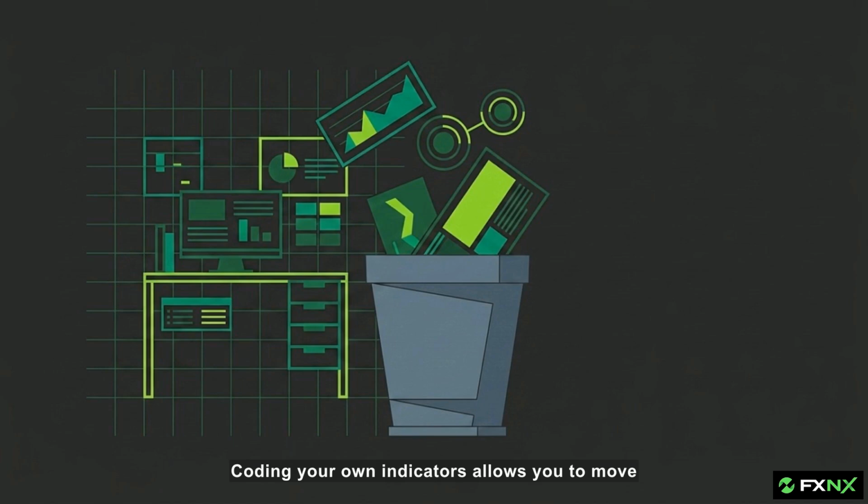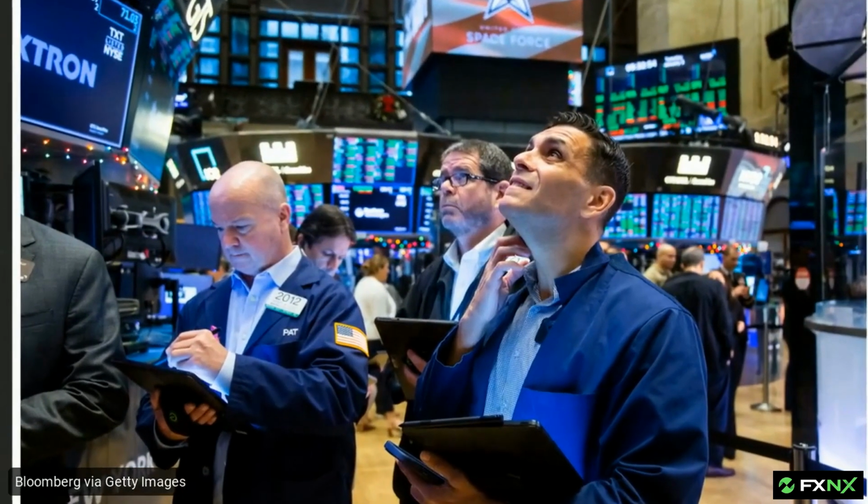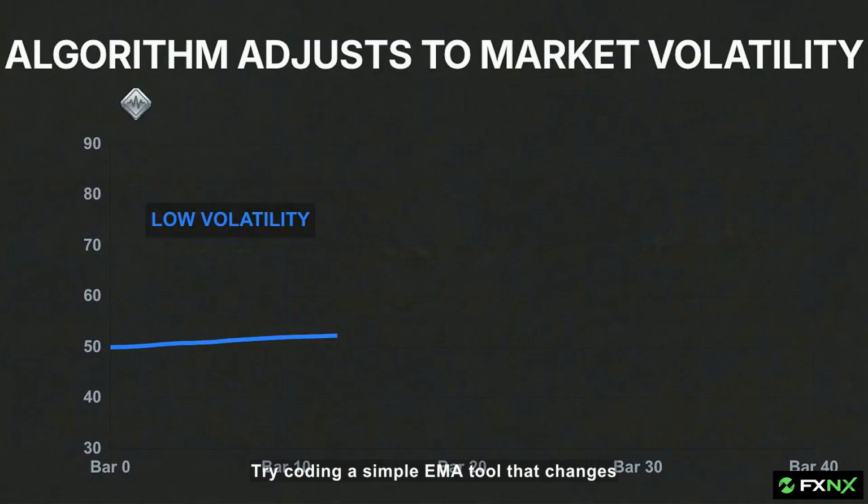Coding your own indicators allows you to move past generic templates and create a system that filters noise based on your unique risk profile. Open up your Pine editor right now. Try coding a simple EMA tool that changes color based on